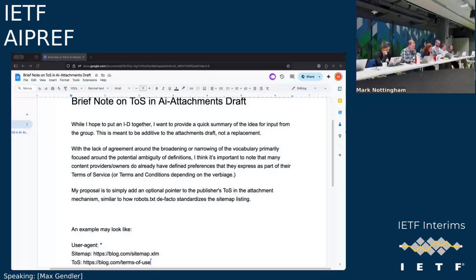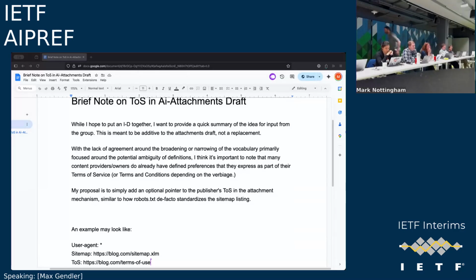My general thinking, and I'm not a lawyer, though I try to talk to some before I wade into conversations like this, is that you would probably place the terms of use or service or terms and conditions that are applicable to crawlers, because for some of our properties there are B2B-facing terms and conditions.